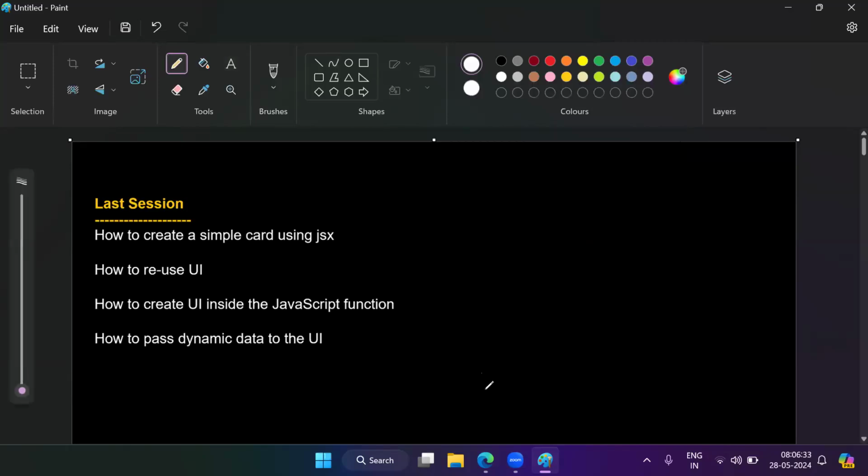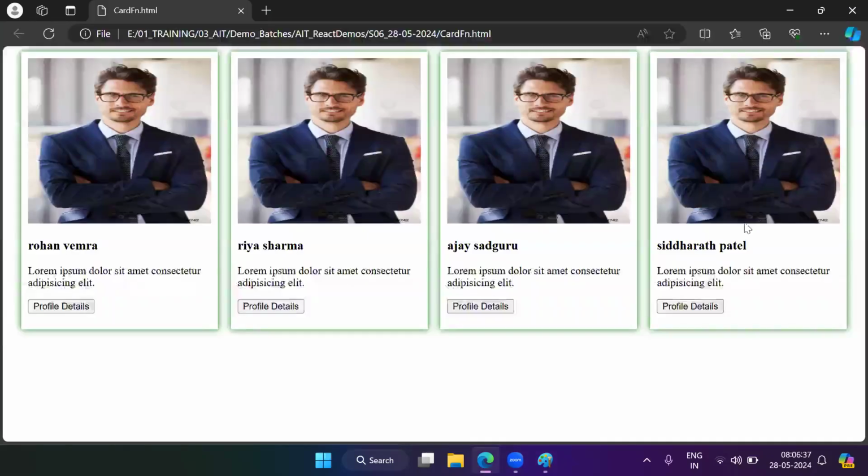So in the last session, we created a card like this. Then we created this kind of card, this kind of user interface inside the JavaScript function. And we are able to